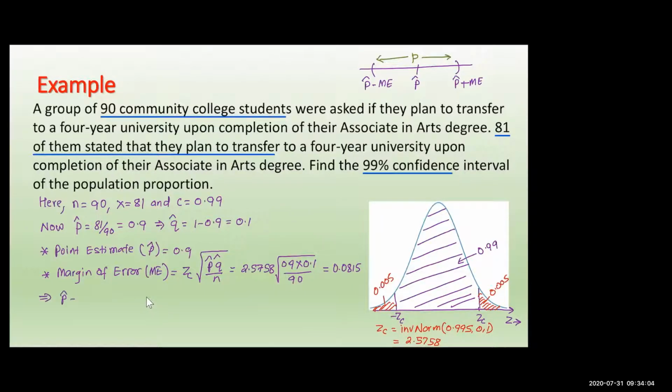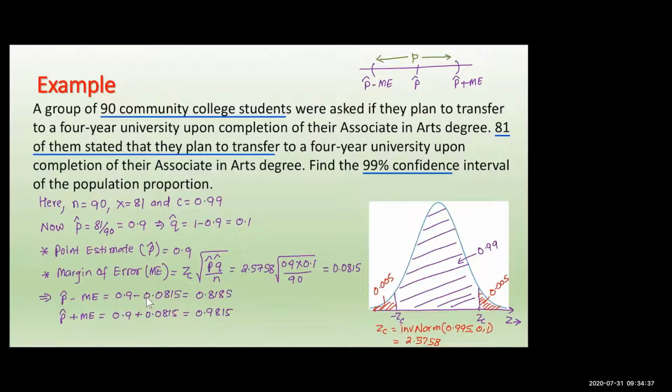Point estimate minus the margin of error, p hat minus margin of error. That is 0.9 minus 0.0815. If you subtract that, you should get 0.8185. And then p hat plus margin of error, that should be 0.9 plus 0.0815. So if we add this, the result is